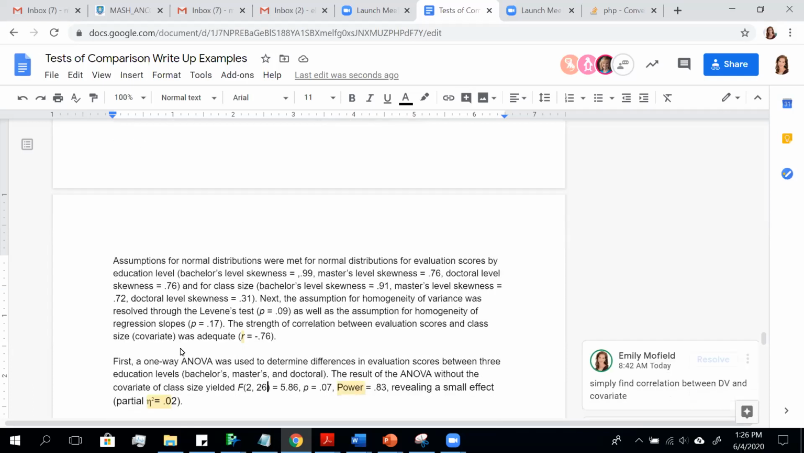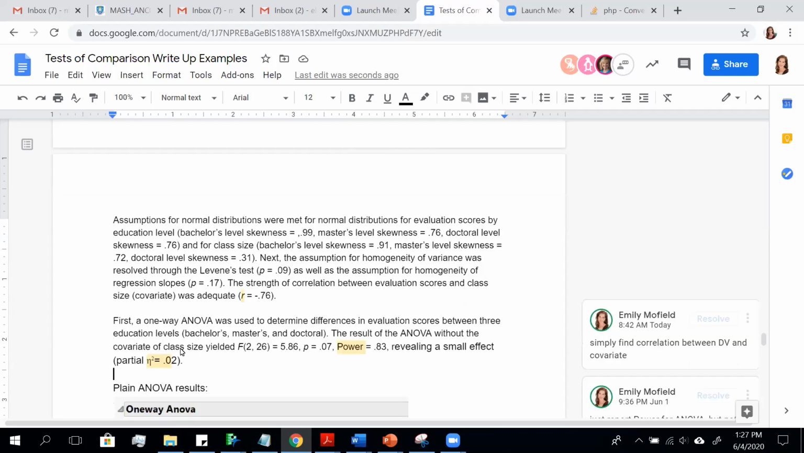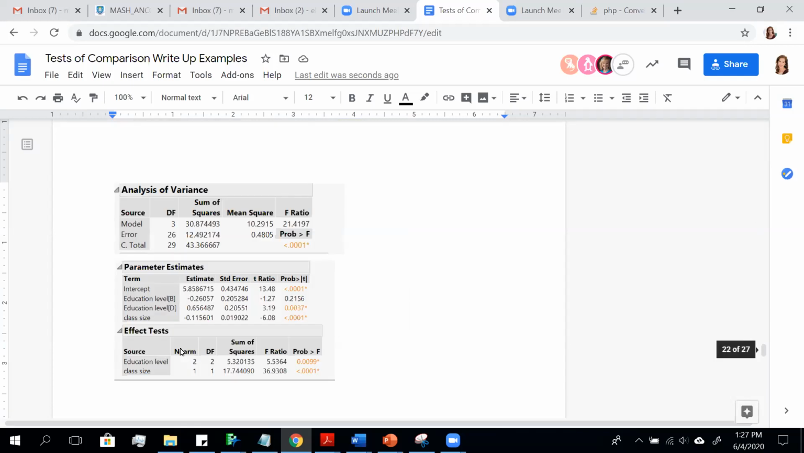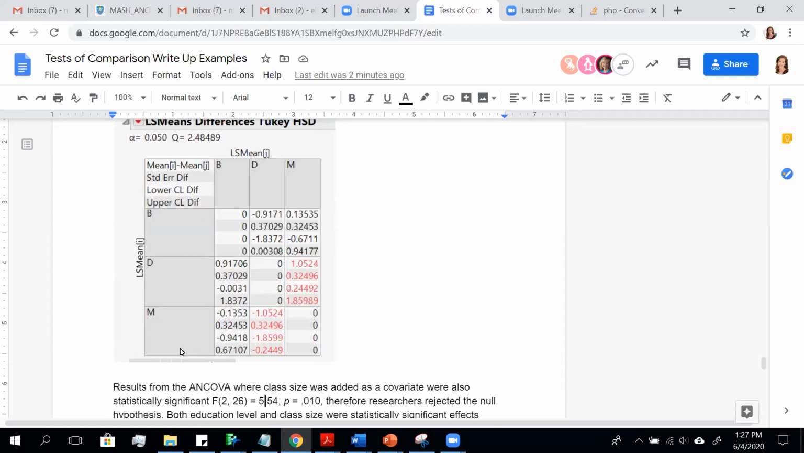All right, so first what you're going to do is talk about assumptions, then discuss the one-way ANOVA. Just what were those results when you did the ANOVA? Go on and report power and the partial eta squared from that result. You know how to do that from ANOVA. And then, in the next paragraph, you continue on with results from the ANCOVA